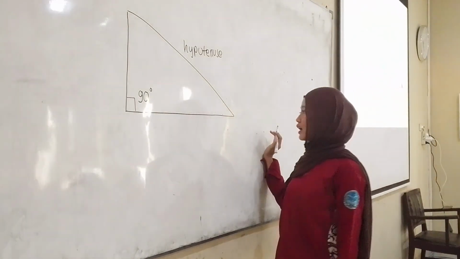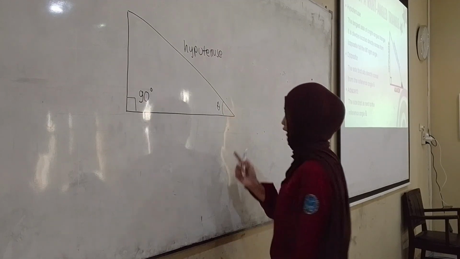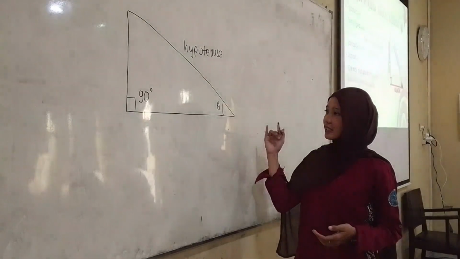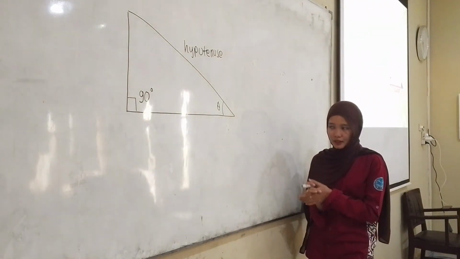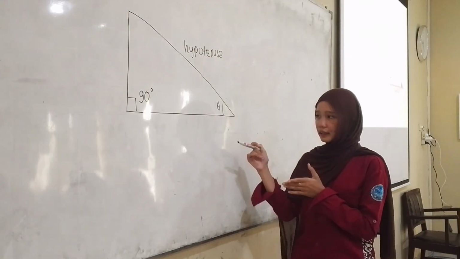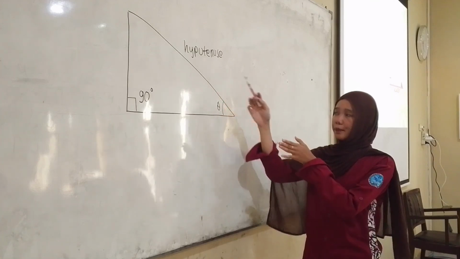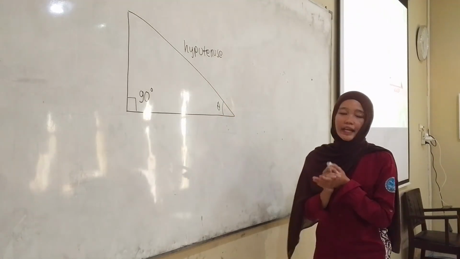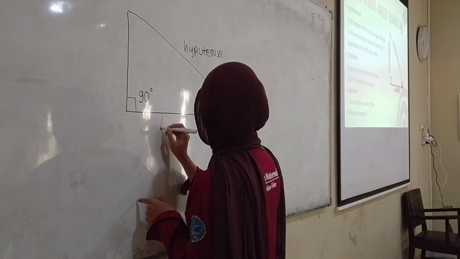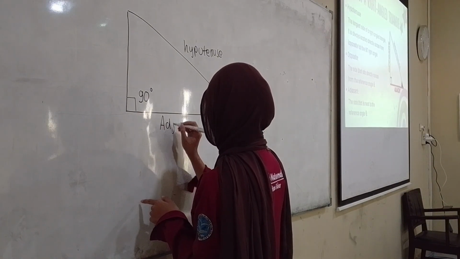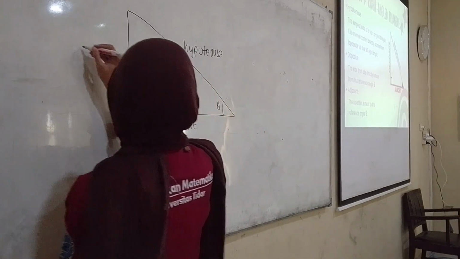Okay, now imagine you're standing in the corner theta. The corner theta is here. The side directly in front of you is called the side opposite. And the remaining side beside you, beside the hypotenuse, is called adjacent. We can write in here adjacent and opposite.